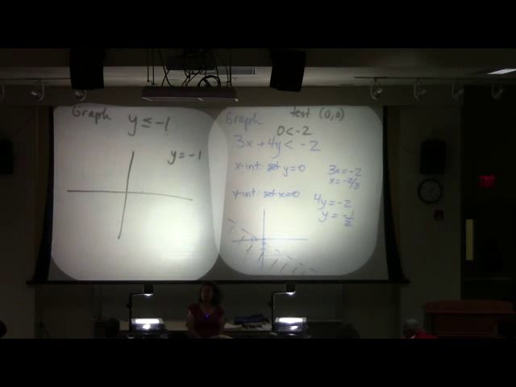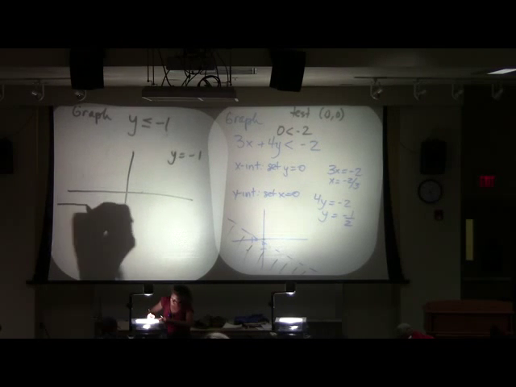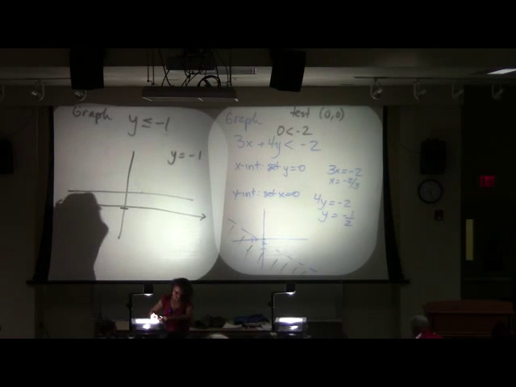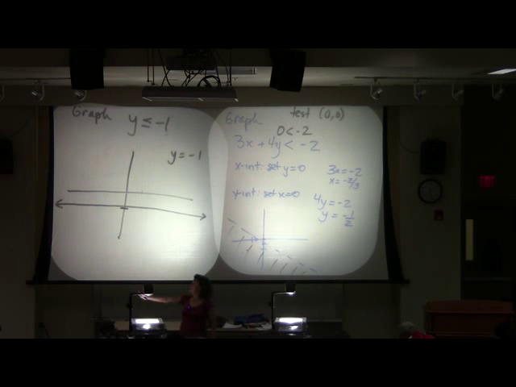Tell me, what kind of line am I looking at when I have y equals? What is it? A horizontal line. Beautiful thinking. Okay? Right? Because isn't y always equal to negative 1 with a horizontal line? Remember, if it's x equals, it's a vertical line. Notice I made a solid line because I have this equality there. You guys with me there? Please do not forget about horizontal and vertical lines.